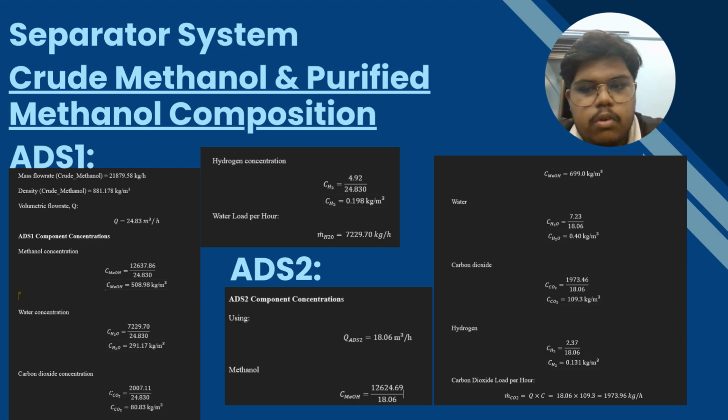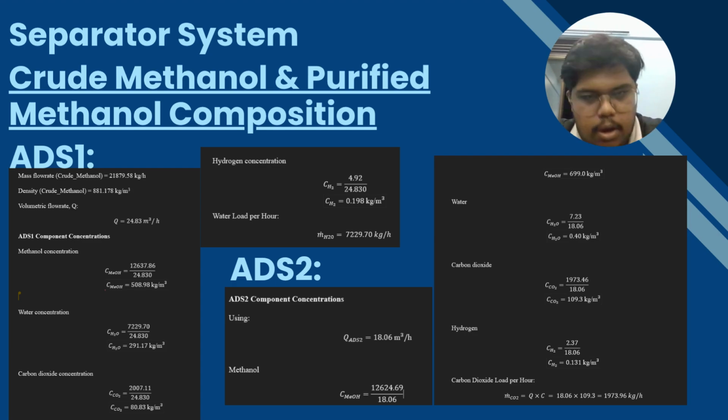The crude stream contains methanol, water, carbon dioxide, and a small amount of hydrogen. The main impurity is water, with a concentration of approximately 291.17 kilograms per cubic meter, which gives a water load of about